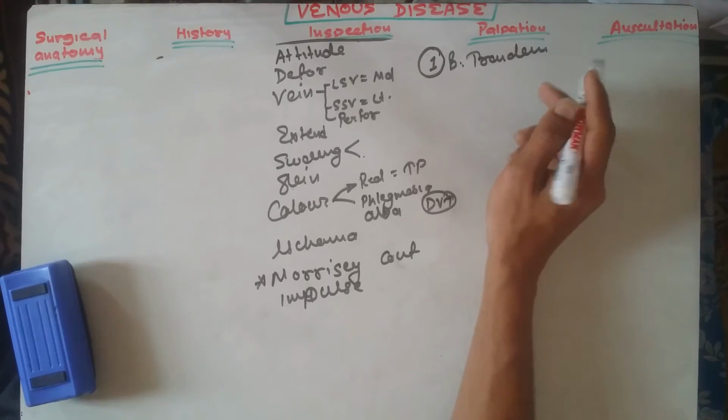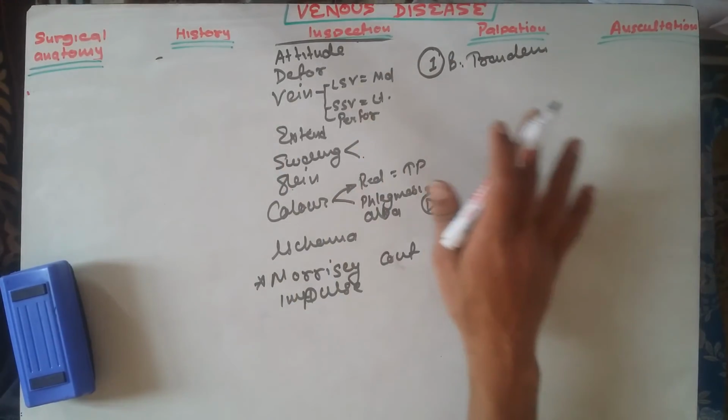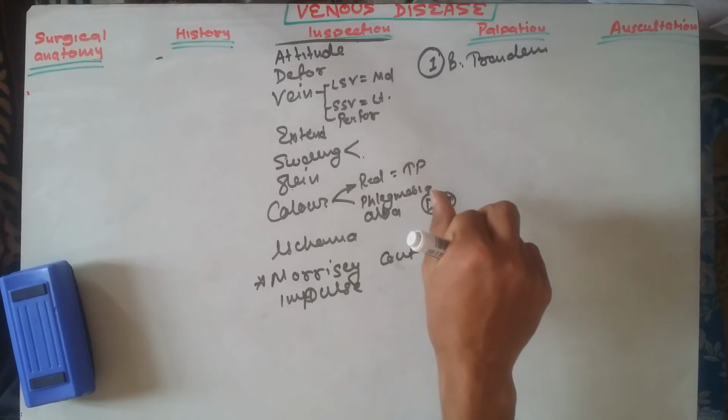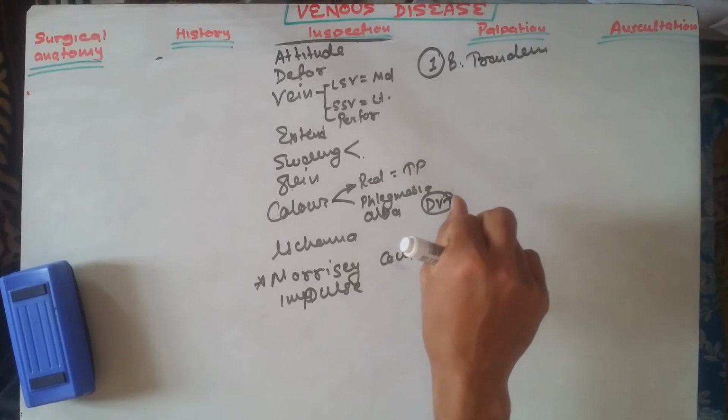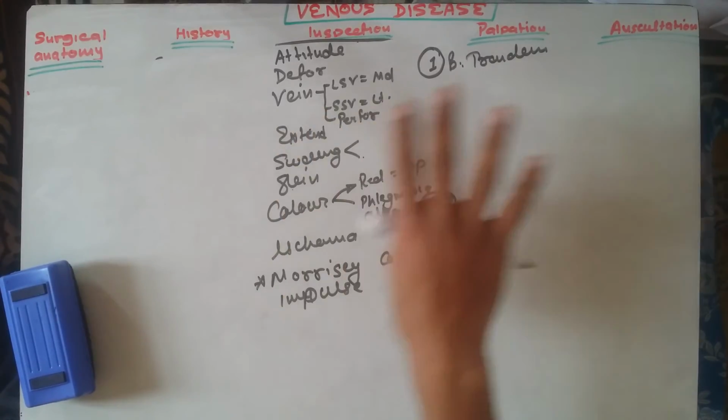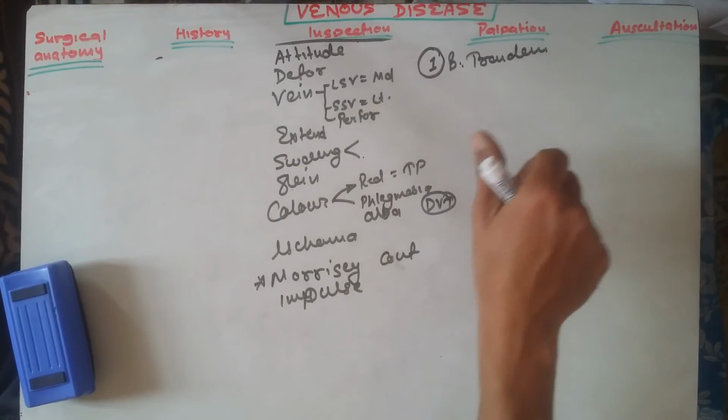After the patient is in supine position, actually he is in recumbent position, and then we are pressing the saphenofemoral junction. Okay, and after pressing the saphenofemoral junction, the patient is asked to sit down, and we release